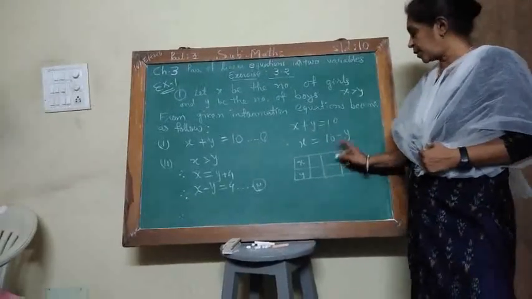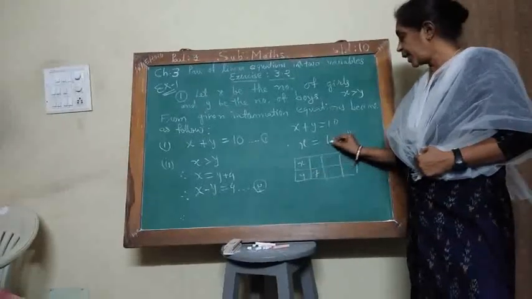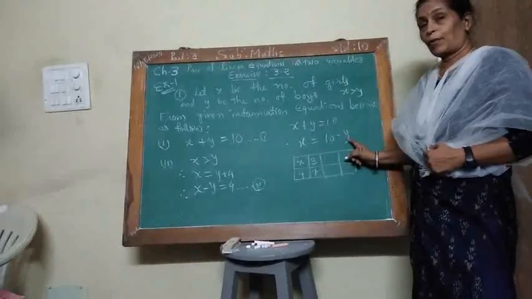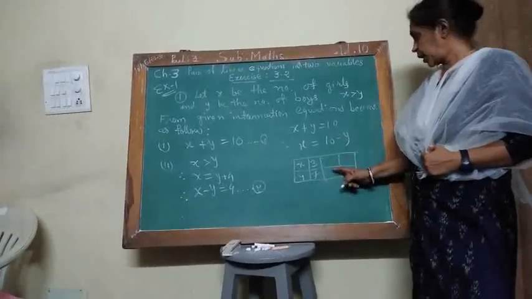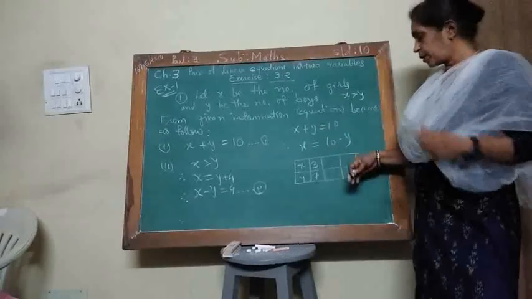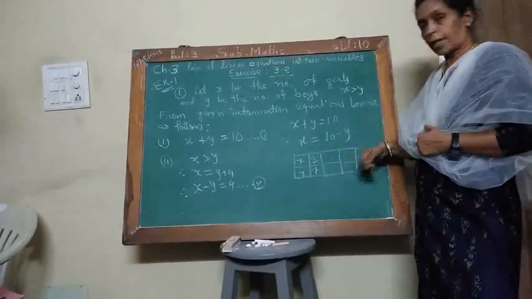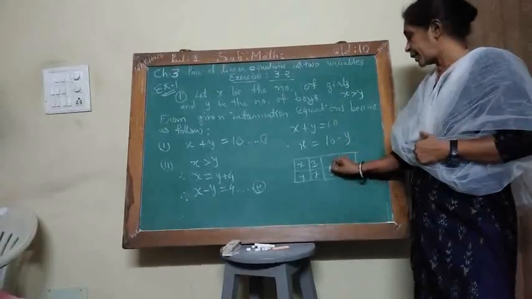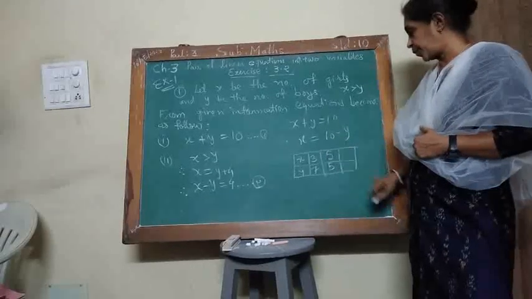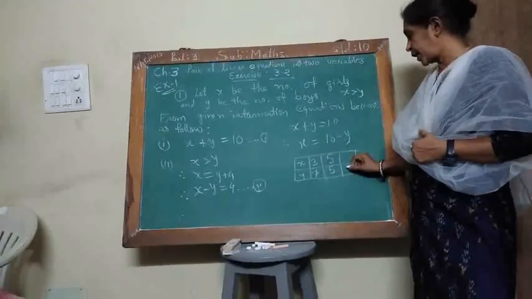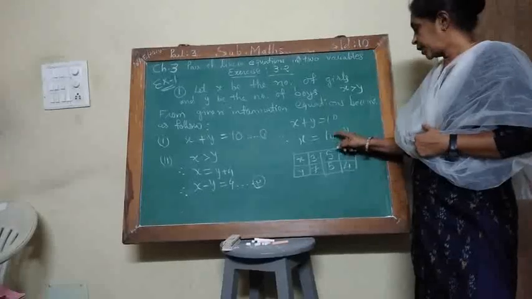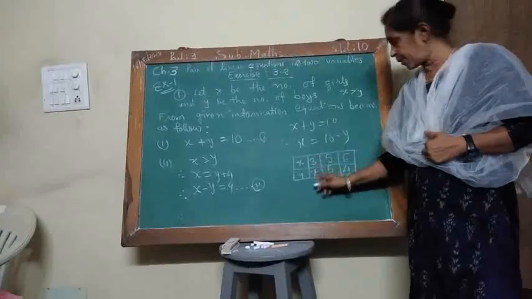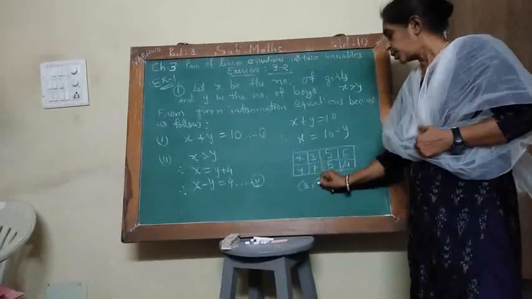See, put y equal to say 7. Then you get 10 minus 7, x is equal to 3. x depends upon y. You may take any value of y, but don't take a very large value, because on the graph paper it would go wrong. Now y equal to say 5, then x equals 10 minus 5, which is 5. You may take y equal to say 4, then 10 minus 4 is 6. So these three ordered pairs, if you make ordered pairs, the x coordinate comes first.